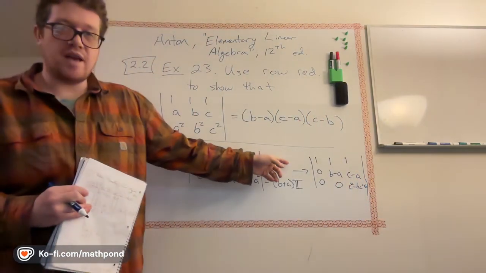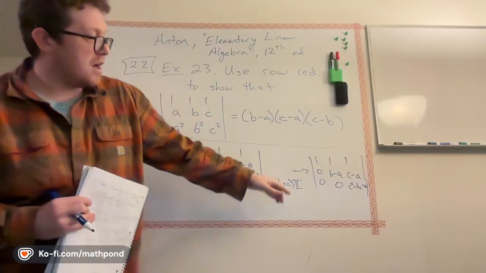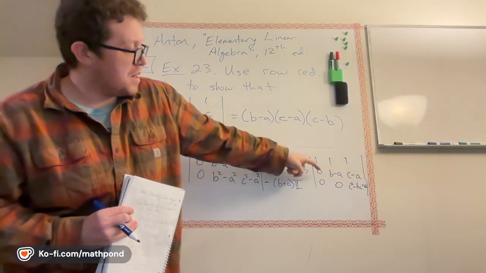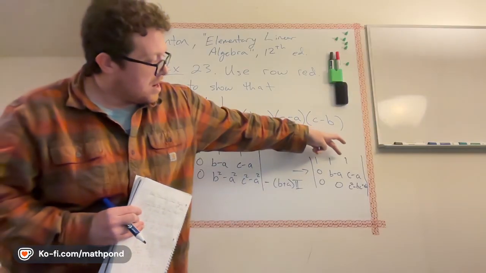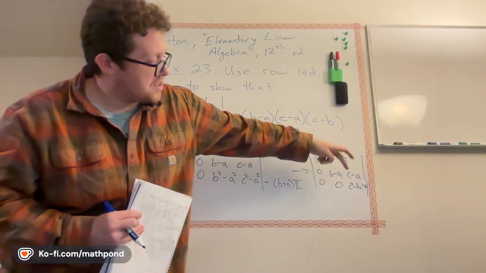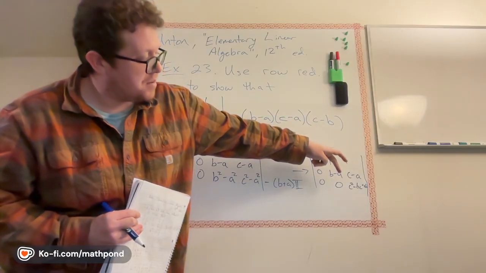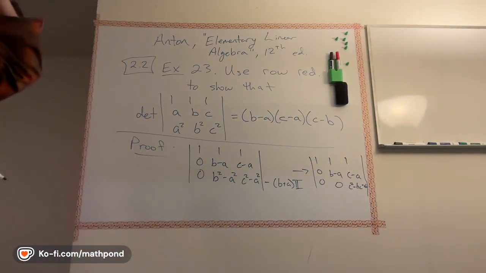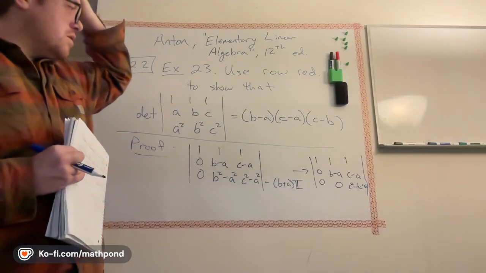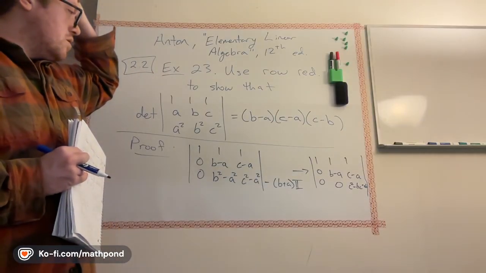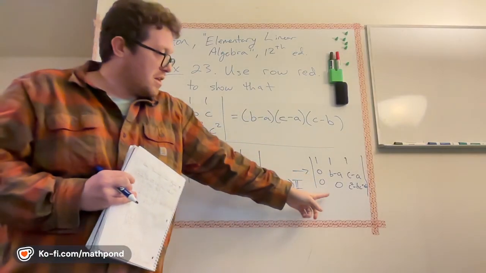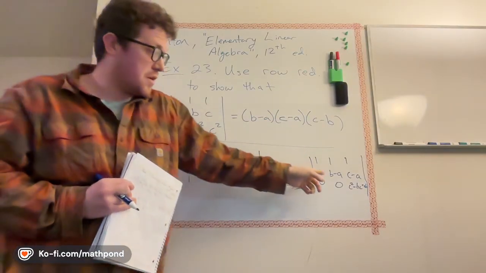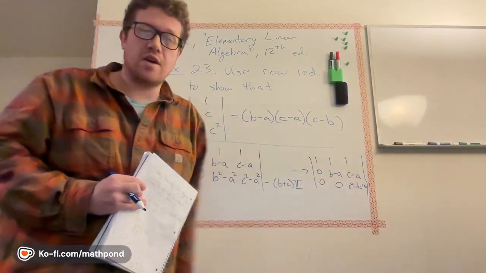So just to read the entries here, if you can't read it, I'll read the columns down. So it's 1, 0, 0 is the first column, 1, B minus A, 0, and then 1, C minus A, C squared minus B times C plus A times B. And now we're almost done because, well, now it's upper triangular. So I said that the determinant was easy to calculate in that case because of all these zeros, and it was just the product of the diagonal entries.